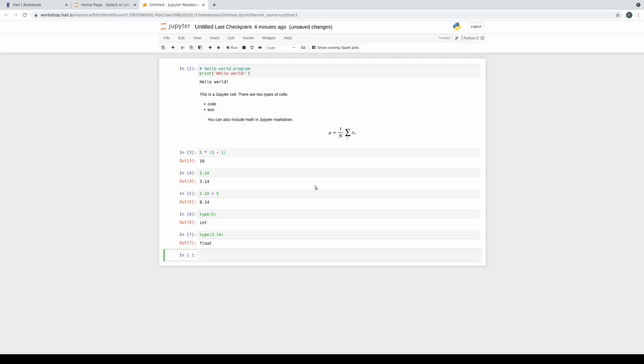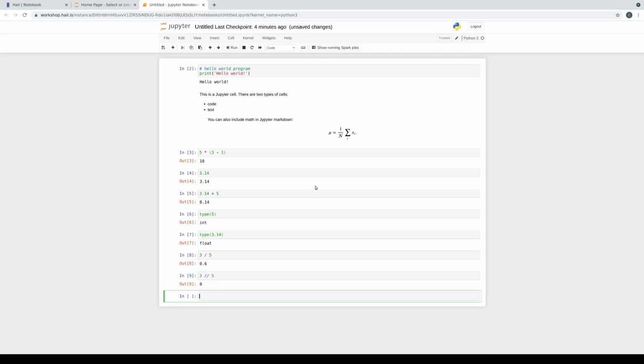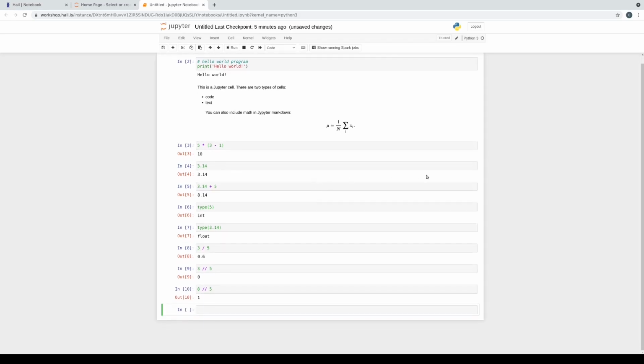The one thing that's unusual about Python is that there are actually 2 division operators. The single slash division is floating point division. So even if both of the inputs are integers, you get a floating point on the output. There's another version of division, which does integer division and rounds down. That's actually a bad example. So let's do something more like 8 divided by 5, and we're getting a 1. So that's just a thing to remember: single slash, floating point division, double slash, integer division, rounding down.